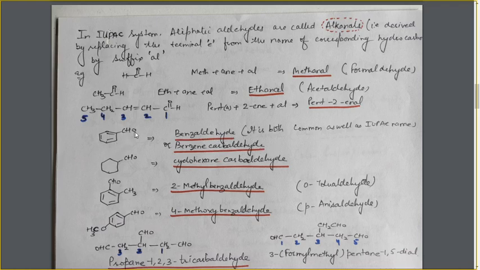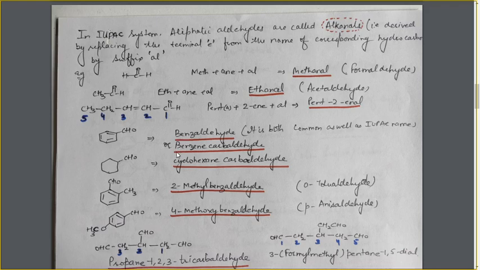Now, in case of carbon containing functional group, if the carbon atom of the functional group is not included in the main chain, then we will not use the normal suffix for them. Then such groups will be represented by some other suffix. For example, in case of this compound, this carbon of the aldehyde functional group is included in this root word. So we have used al for this functional group.